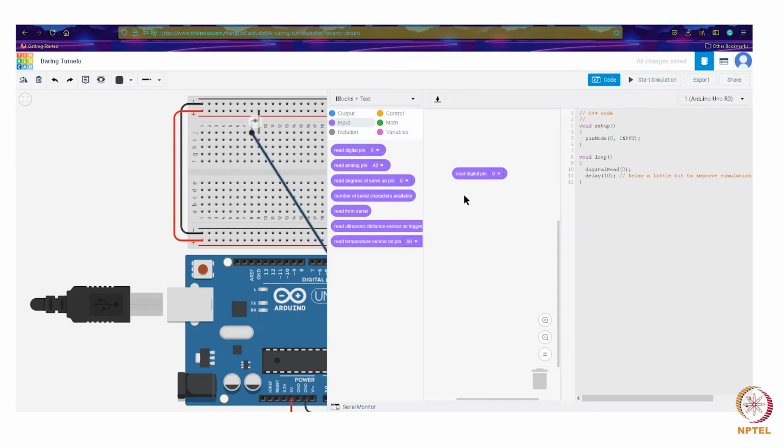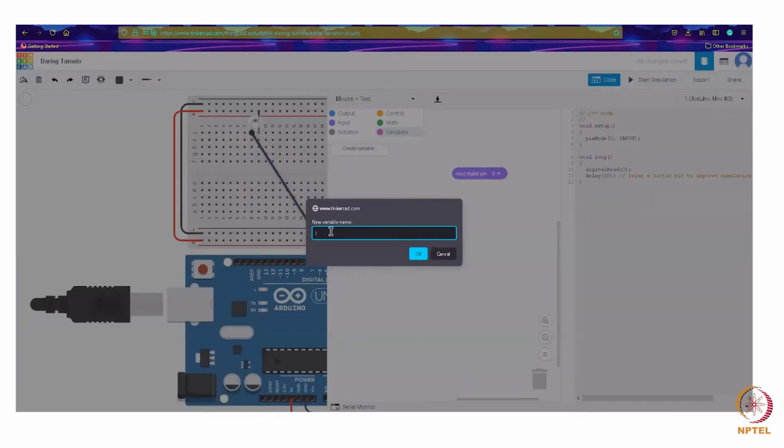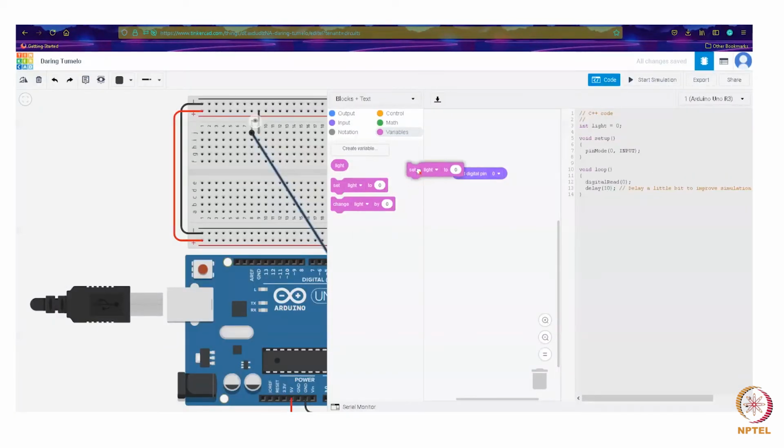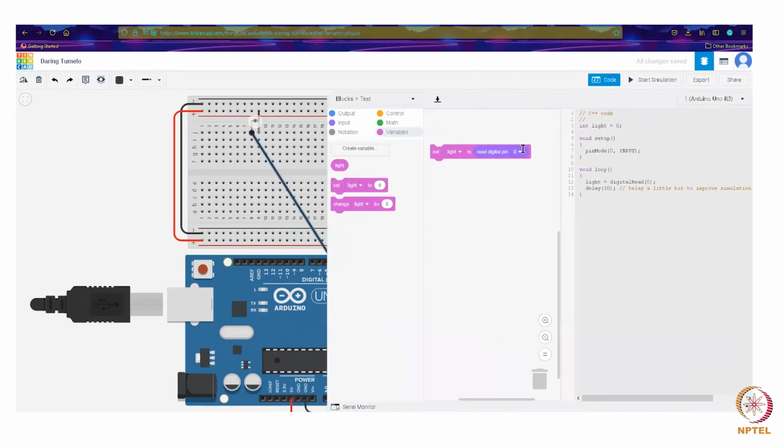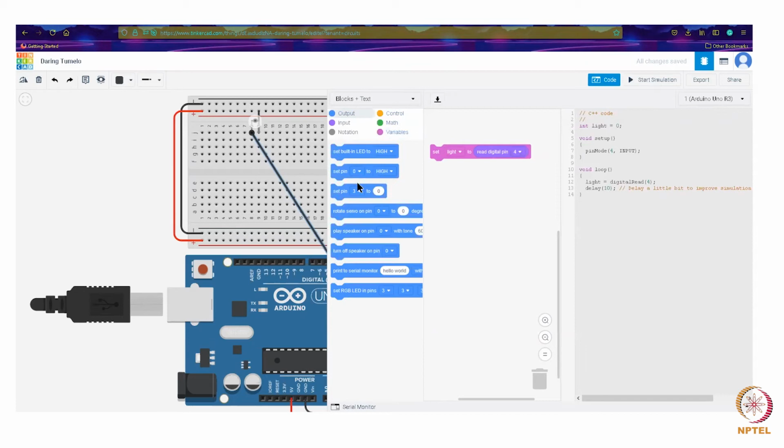After reading the information, we need to store it somewhere, so we'll create a variable, say we'll call it light. Now we'll set light to the information that we read from digital pin 4. Initially we'll just try to print this, so print to the serial monitor.